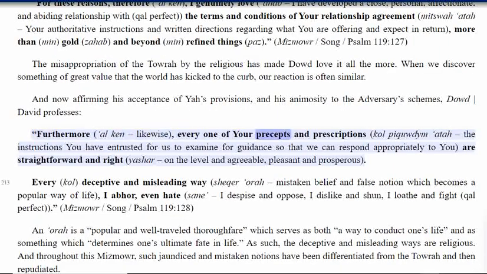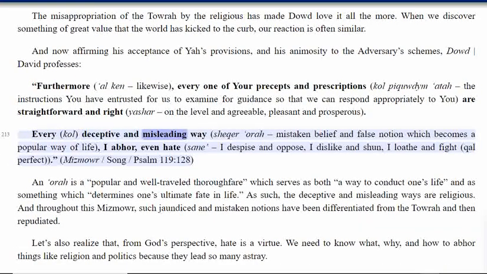Furthermore, likewise, every one of your precepts and prescriptions, Shirl Pequodmotter, the instructions you have entrusted for us to examine for guidance so that we can respond appropriately to you, are straightforward and right, Yashar, on the level and agreeable, pleasant and prosperous. Every, Shirl, deceptive and misleading way, Sheker Aura, mistaken belief and false notion which becomes a popular way of life, I abhor, even hate, saying, I despise and oppose, I dislike and shun, I loathe and fight, Kal Perfect. Mizmowr, Song, Psalm